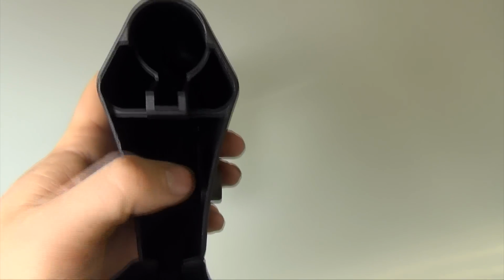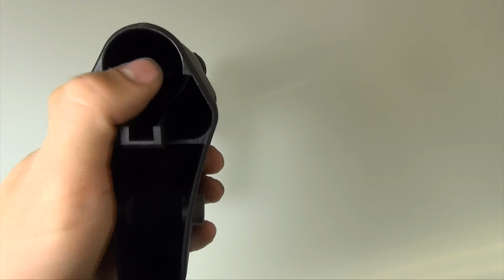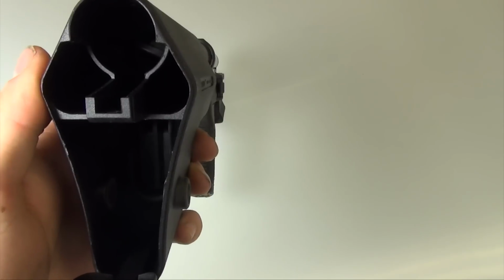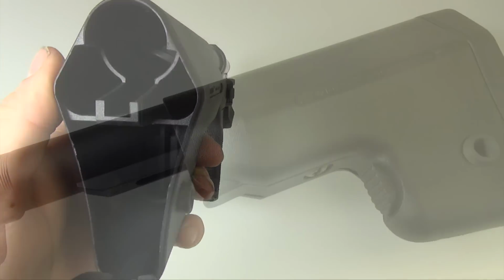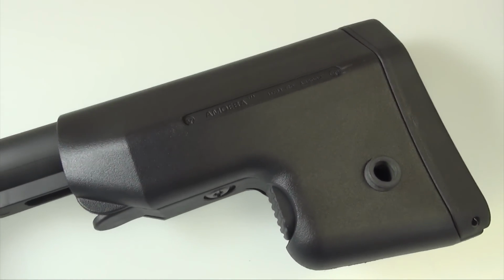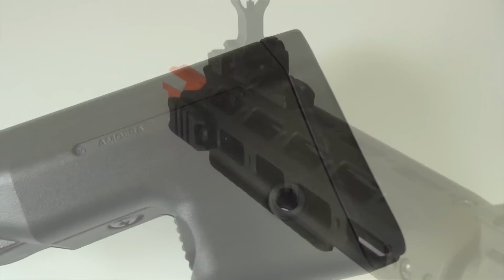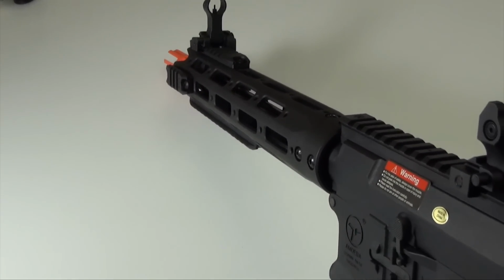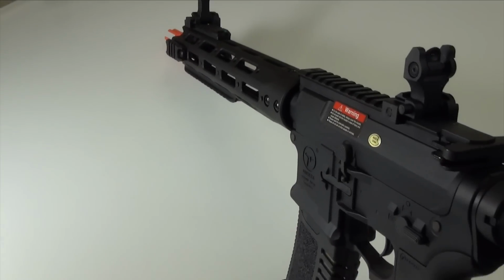You can have the stick style down the buffer tube as well as house a backup LiPo, one of those smaller square or cube type batteries down in the lower area. It's also got QD sling attachments right on it, allowing you a lot more freedom that you wouldn't have with other AEG stocks. Moving up to the front of the gun, you can see the CNC aluminum free float